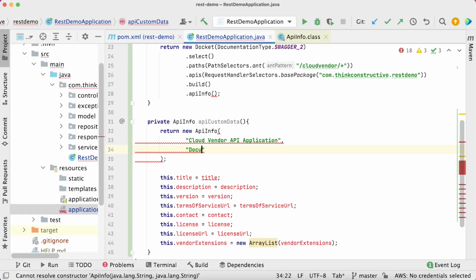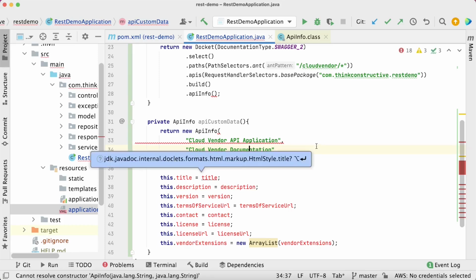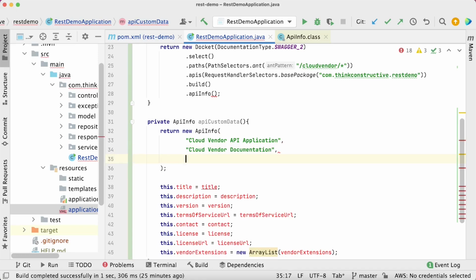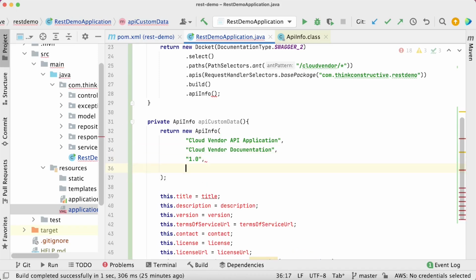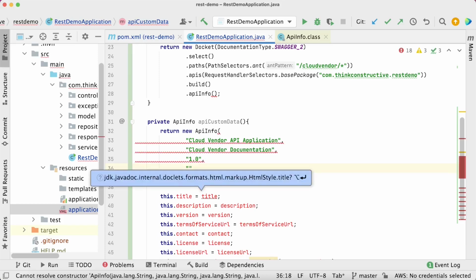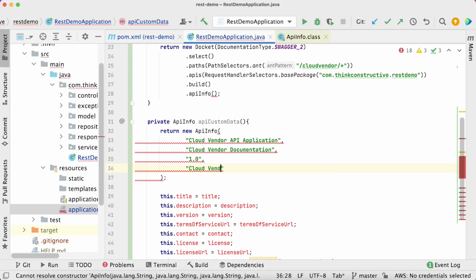All right. Then the next parameter, I would want to give the description. So here I will say cloud vendor documentation. Okay. Then I should give some version. So let's say 1.0. All these things will be strings. Terms of service URL. So in terms of service URL, let's say I'm writing cloud vendor service terms.